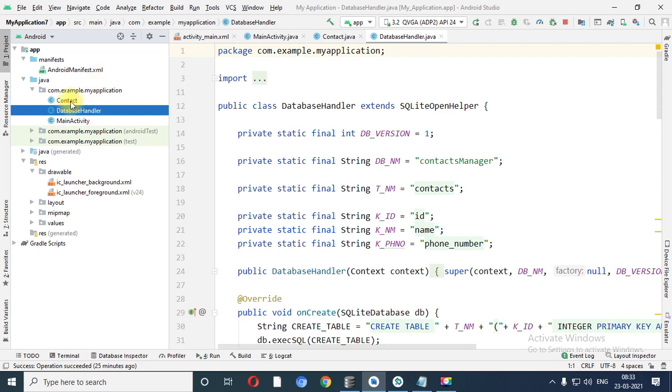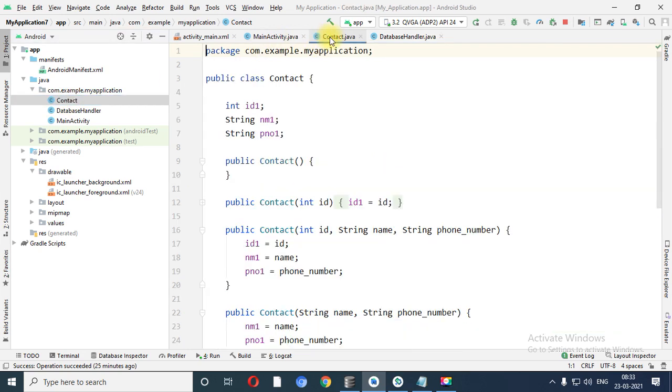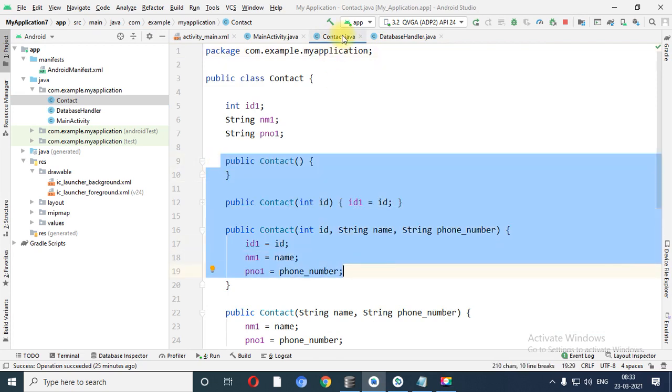Now see, let me give the explanation about the file. Say for example, over here contact is declared. So what does contact.java contain? Contact.java contains the constructor regarding the same class. Now see, what is constructor?